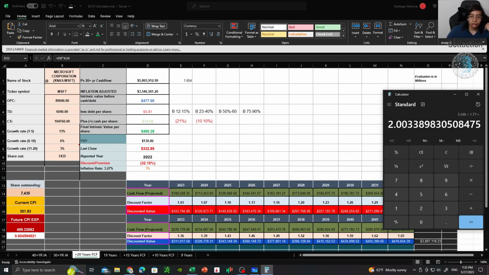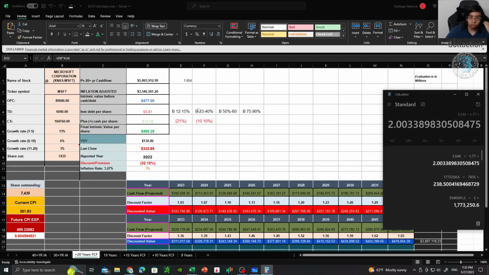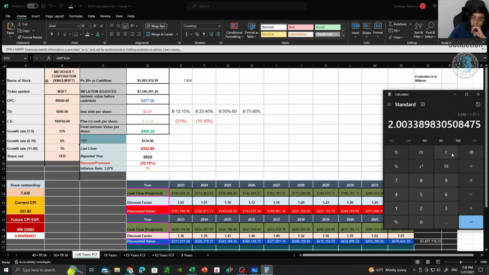So that basically means that if you buy it when the company's selling at $1.7 trillion right now, when it's actually worth $3.5 trillion, that would mean the share price is at $238. If the shares outstanding don't change, right? Shares outstanding can change, but if it goes by this to the share price, I'm guaranteed to make 100% of my investment, because from 238 it's going to go to 490 based on what it's worth. You see? In other words, let me show you another cool trick. Another cool way to look at this as well is to say, well, if we grab $490 right here, which is the final intrinsic value,